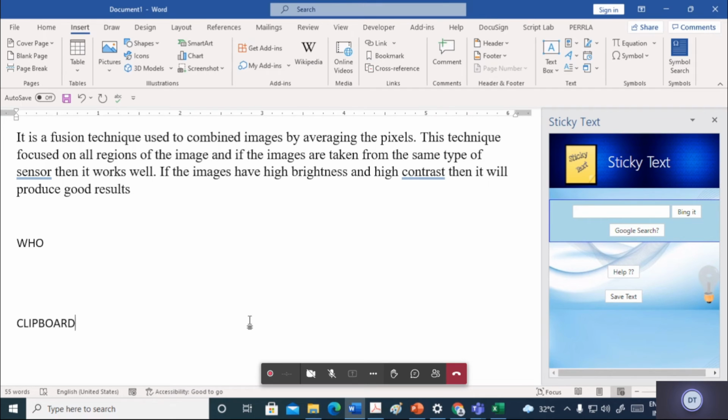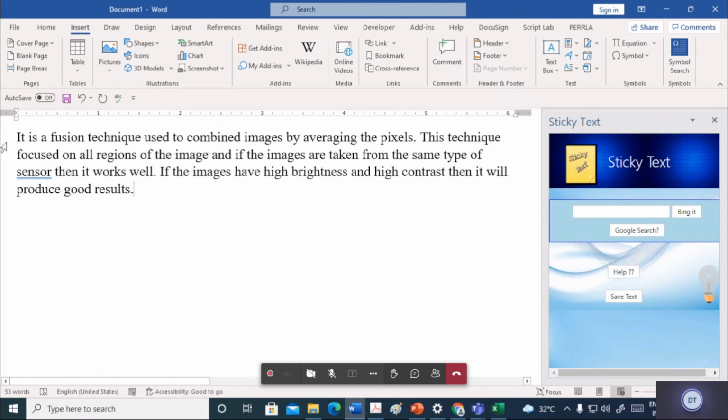That means you can copy 37 different things, put them inside 37 different buffers, and paste them whenever you like. This feature was not available in Microsoft Word, and sticky text has helped to gain this advantage.